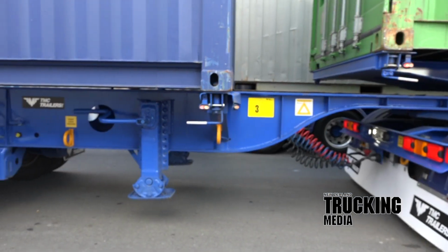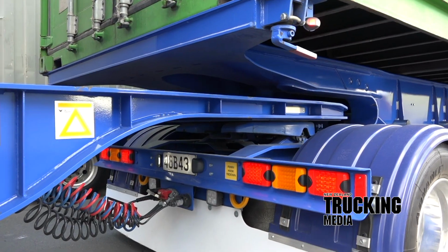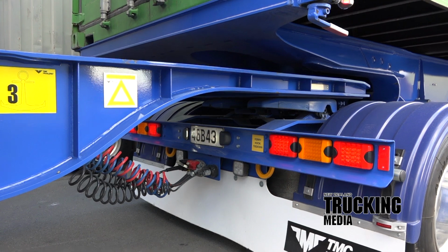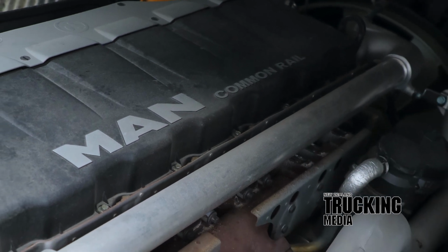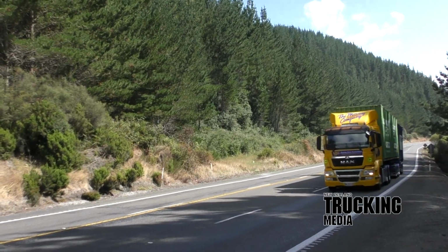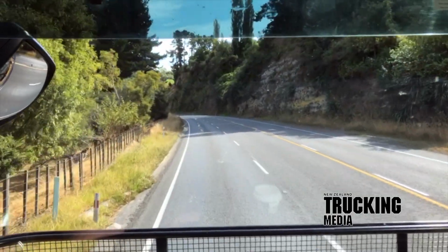including the boxes, which means that the MAN has a GCM power to weight ratio of 8.8 kilowatts per tonne, 11.8 horsepower per tonne, which is line ball with a 448 kilowatt 600 horsepower truck at 50 max. Under the MAN's bright cab is the company's 10.5 litre D2066LF40 Euro 5 engine. The emission standard is achieved via SCR, and peak power is 328 kilowatts, 440 horsepower, while torque peaks at 2100